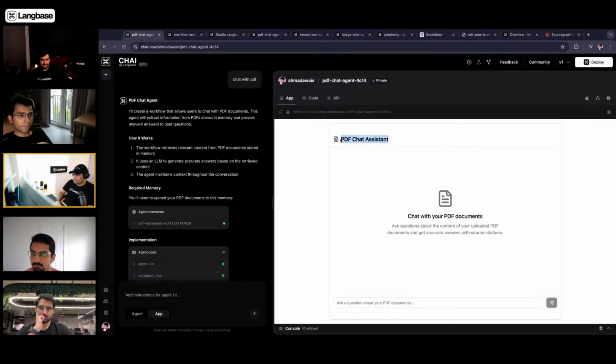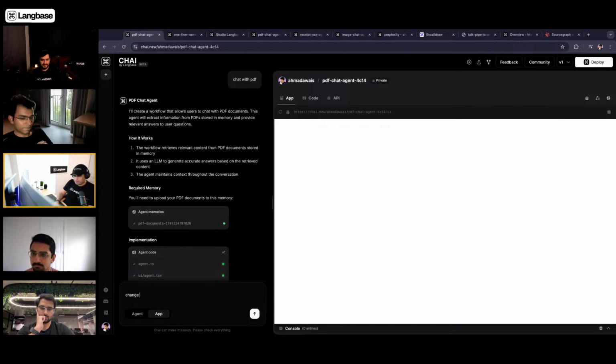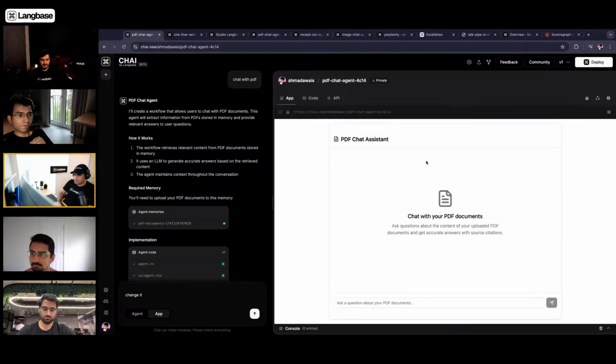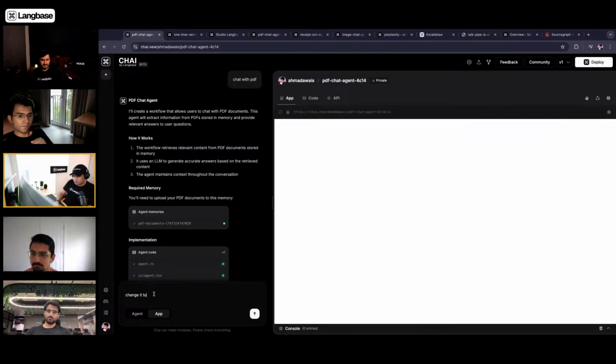So I don't like that this is a PDF chat assistant, right? I want to change it. I'm in the app mode right now. Whatever I ask Chai to do, it is only going to change the app, not the agent, right? The app is just a UI where you can use the agent. So change it to every time I type